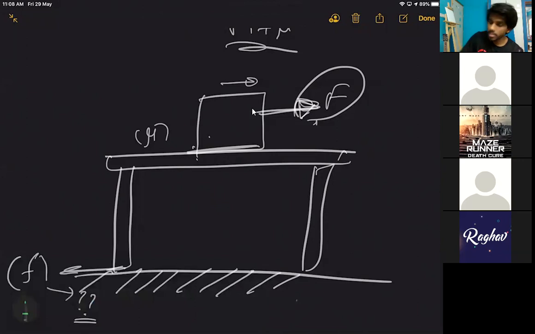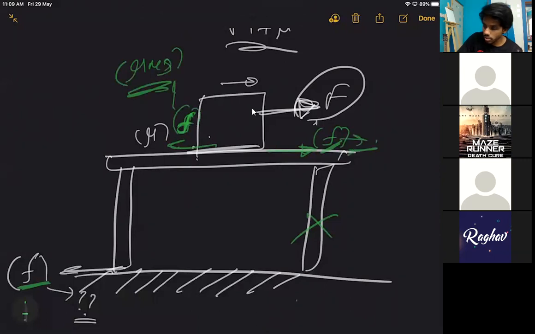There is some friction acting in between these two, right? The same amount of friction is acting also on this block. So this force must be exactly balanced by this force so that this thing does not move. So just simply find this friction, which is equal to mu mg. If this is mu mg, this is also mu mg, so that the bigger block does not move.